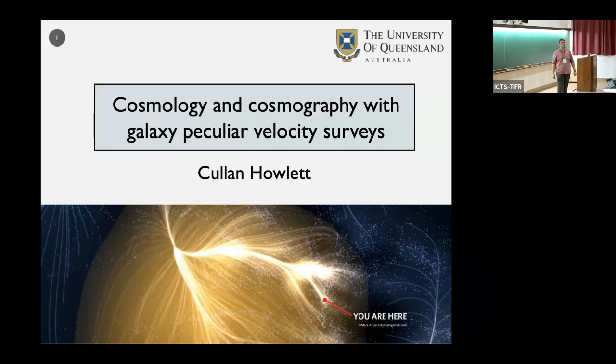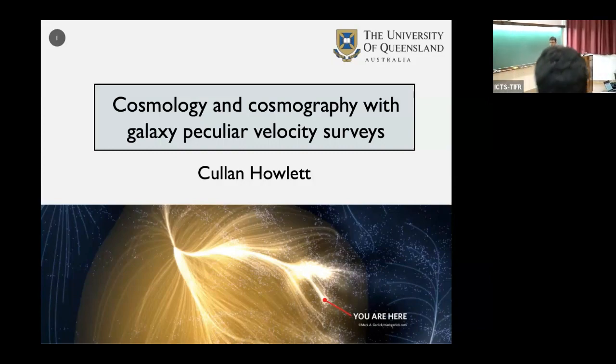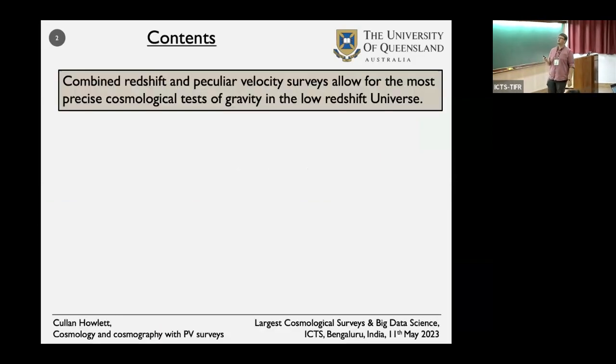Good morning, everyone. I have the privilege of being your first talk this morning. So my name's Cullan. I'm a postdoc from the University of Queensland. And the aim of my talk today is basically to try and convince you that this sentence is true, which is that combined redshift and peculiar velocity surveys allow for some of the most precise cosmological tests of gravity in